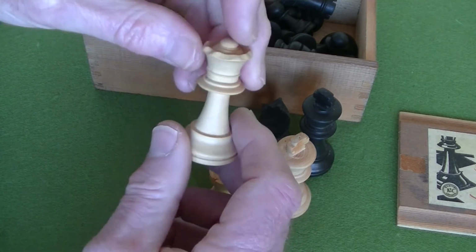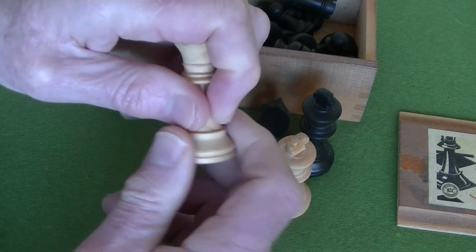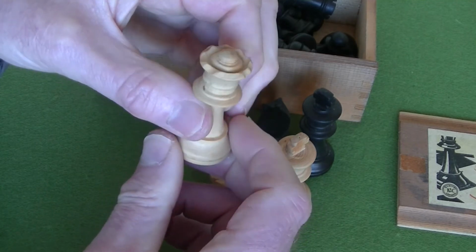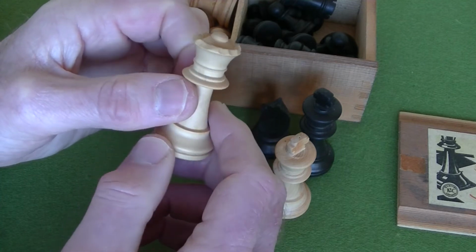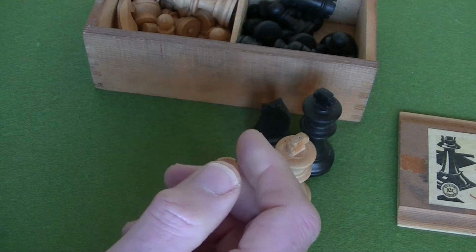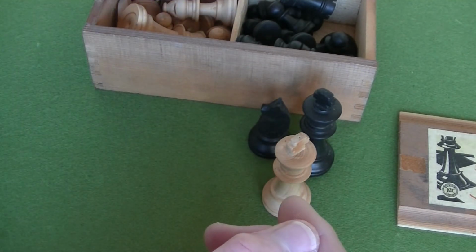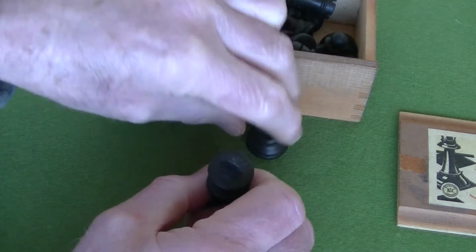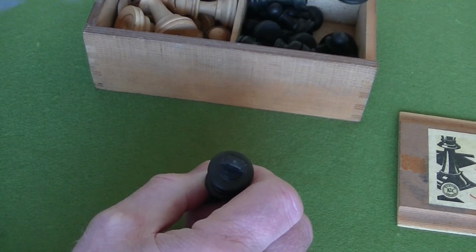But it's just the sheer tactile experience of these pieces, of classic style Staunton chess set design. So that's where I'm going to start, really, with my younger memories, but I want to